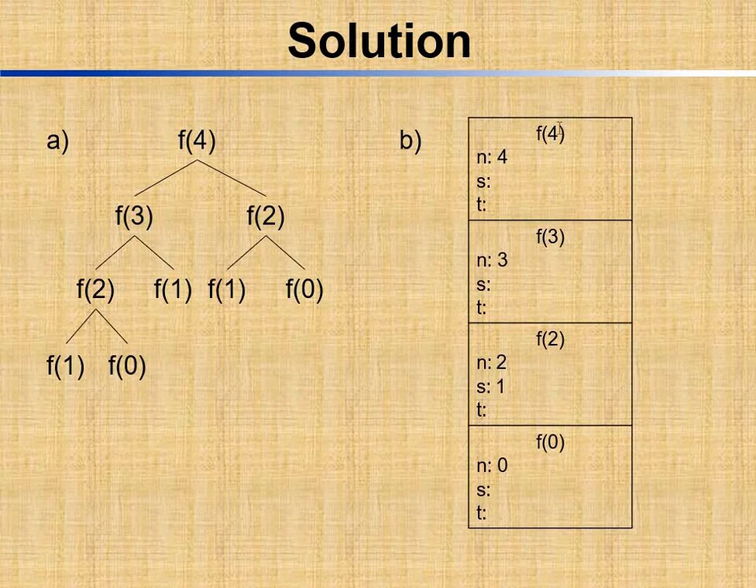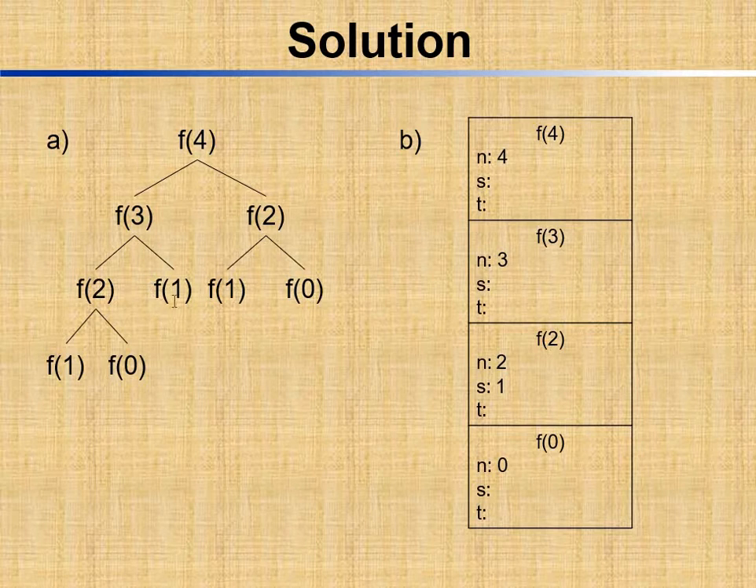So initially we are calling F4, and inside it the value of n is 4. When we call this recursively, F3 and F2 will be called. At that time the value of n will be 3, and the value of n here is 2. Based on that, when we call F3 and F2,